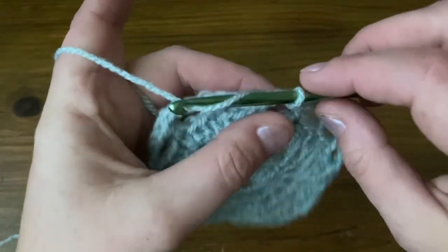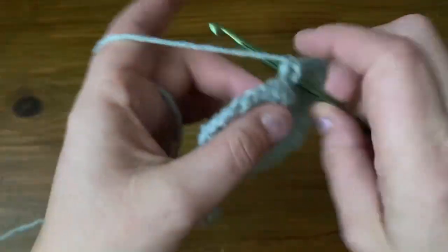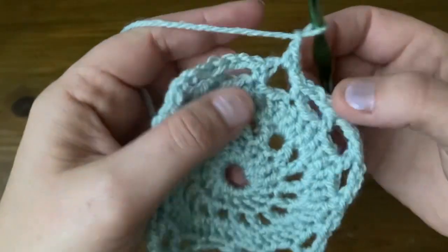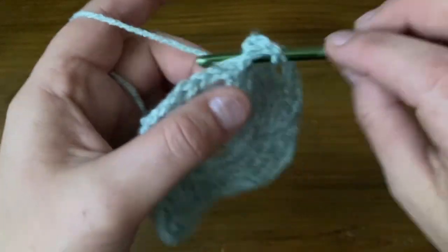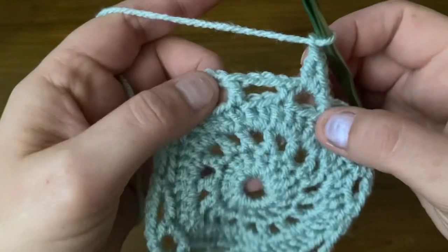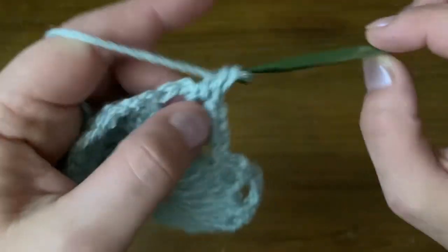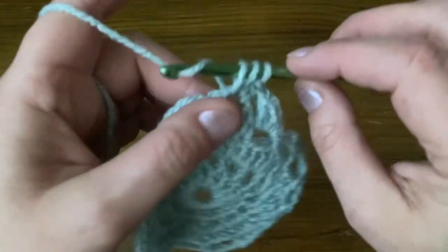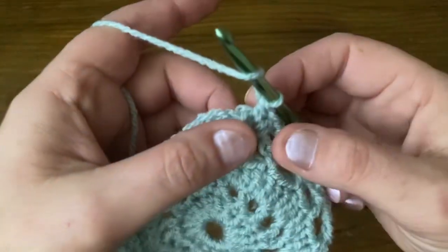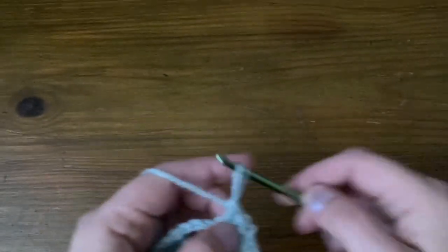this chain space. So my first US double, UK treble, I chain 1, single, US single, UK double, and chain 1, and that's my first stitch. And then I'm going to do the second stitch and then chain 1, and we're going to go into the next chain space. So we're going to do 3 US doubles, UK trebles in here, then we chain 1